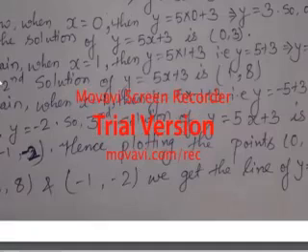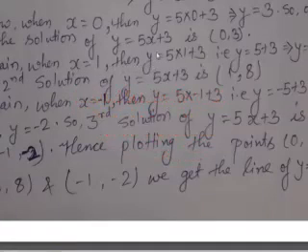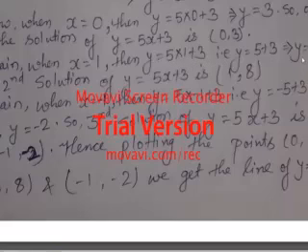In the same way, when x is equal to 1, then y is equal to 5 into 1 plus 3. We have to keep the value of x in the place of x. So it will become 5 into 1 plus 3, that is 8. So the second solution of y is equal to 5x plus 3